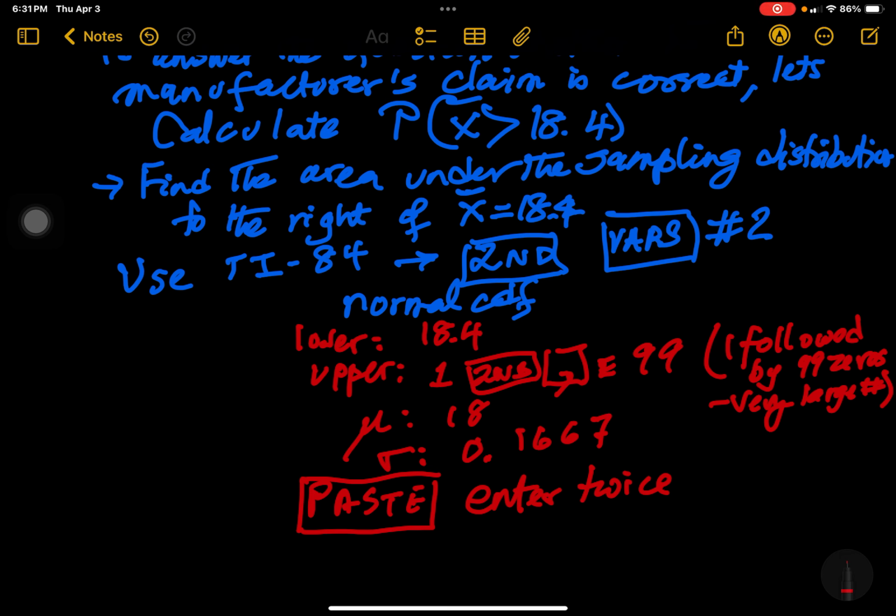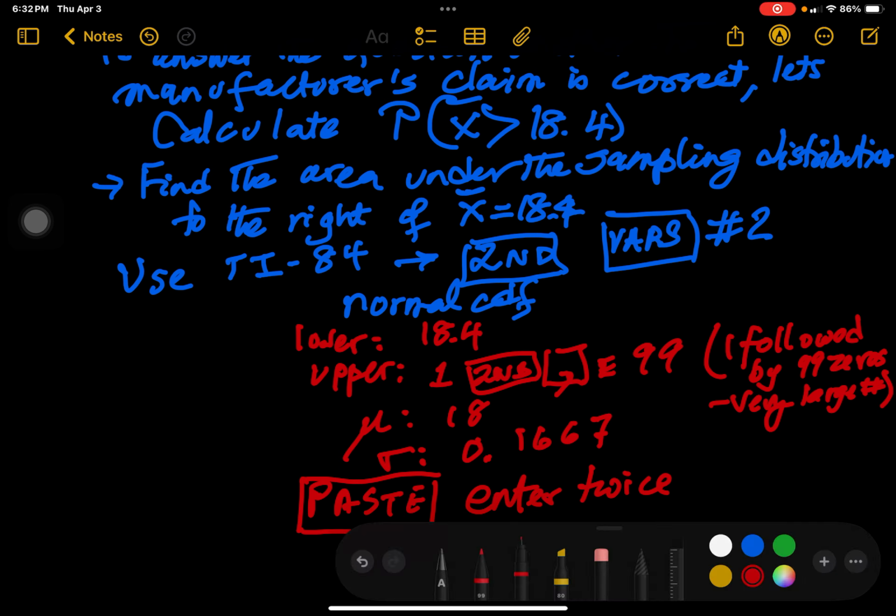1E99. Mu is the mean of the sampling distribution, which is same as mean of the population. The sigma, we have to be careful, is not the sigma of the population, it's the sigma of the sampling distribution, which we have already calculated as 0.1667. Okay. So now we go down to paste, enter twice. And we find that